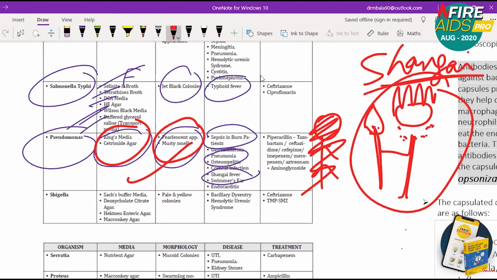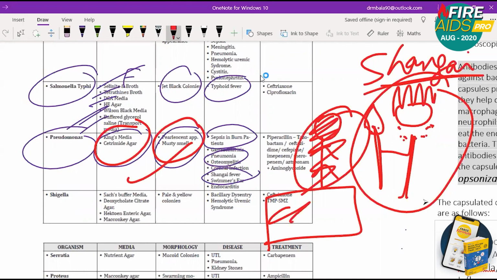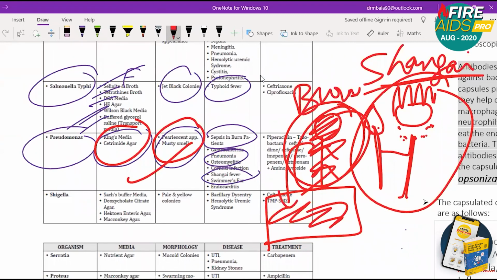So what he does, he kicks this person inside a swimming pool so that this person becomes all right. So the person falls in the swimming pool. So burns patient is going to get infected. So sepsis in burns patient jumps into the swimming pool. So swimmer's ear. For kicking this person, this king is heartless. He's not feeling any emotion. So the heart is affected. That is endocarditis.